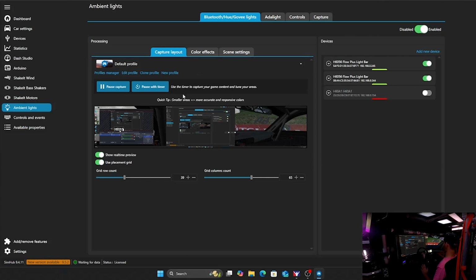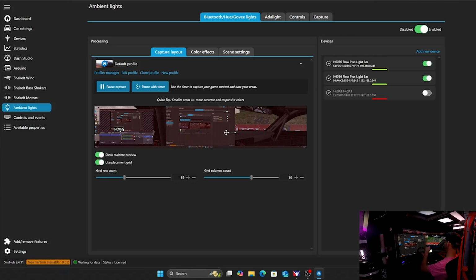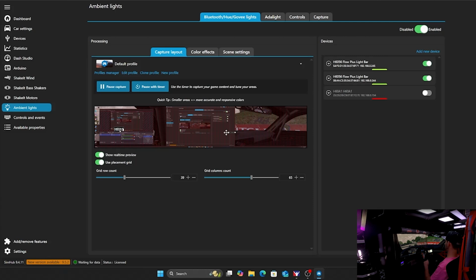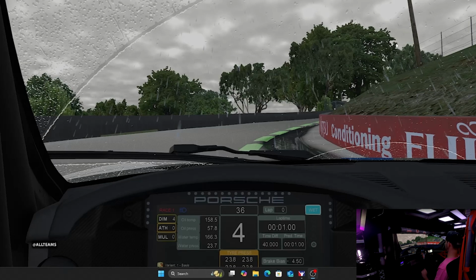The cool thing about using the Govee lights as opposed to the Adalight is you can be very detailed in placement. So as you can see, I've got a nice grid across the screen here. Each one of those represents a point that I can use to grab light from the screen and put it into the light. In this case, I have used just this little section of the dash as a grab point